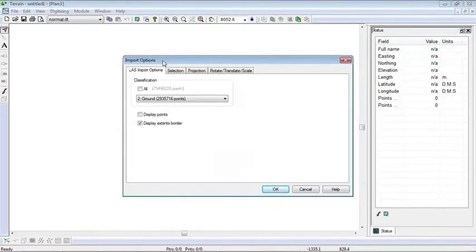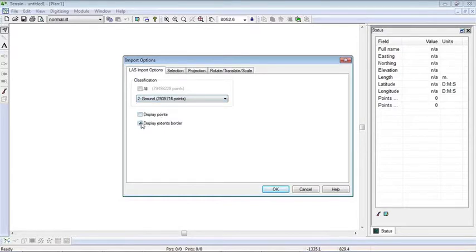There we are. There's the import options. Now these are LAS files. They're a lot simpler to use than text files because it's a really nice file format. For example, here I can pick, do I want ground points or these other classified types of points, or all points. If you bring them all in, you obviously get more points, but you get some that aren't part of the ground, so you need to be careful that you don't put them in your model. We're just going to bring in the original ground,